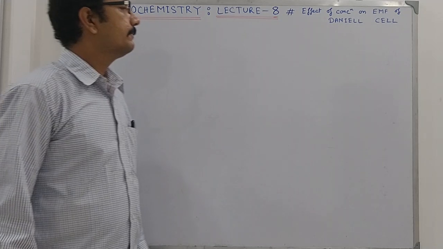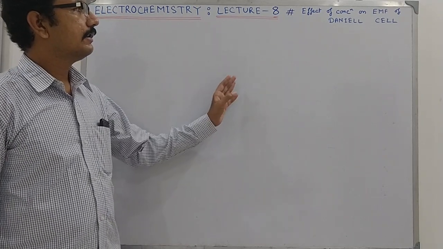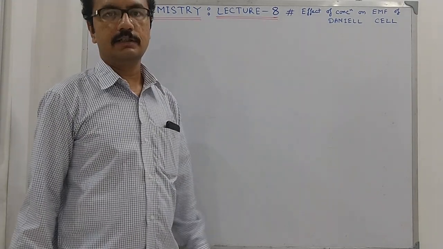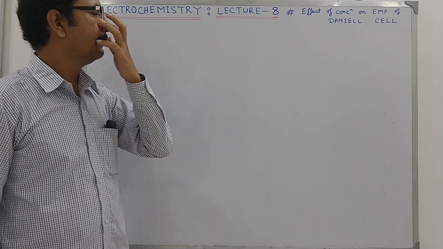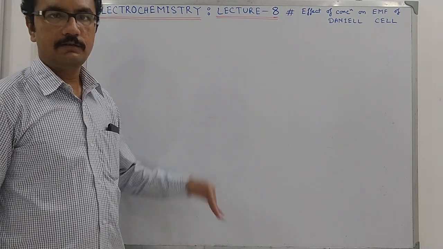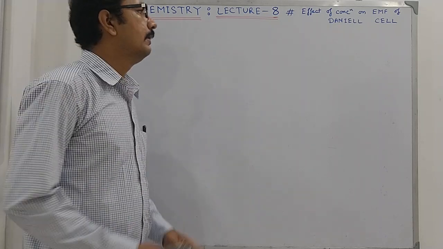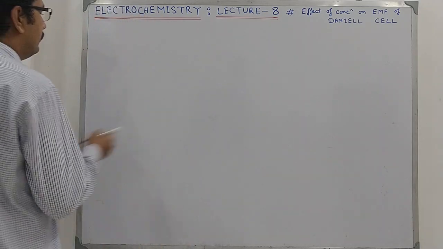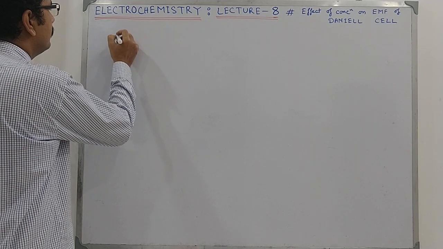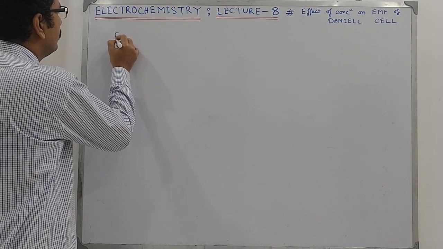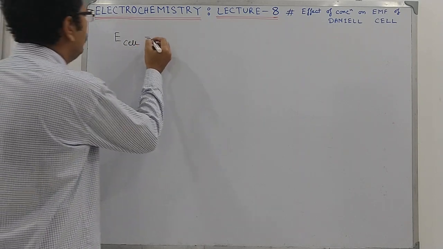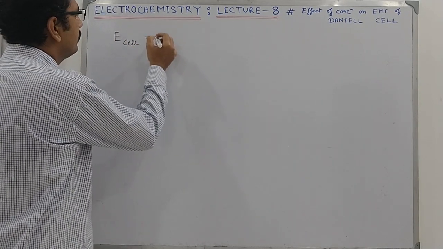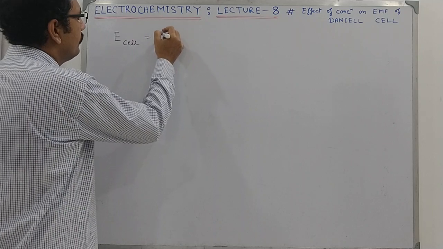Now in this lecture I will discuss the effect of concentration of the reacting species in a Daniell cell on its EMF. In the previous lecture I discussed how we get the EMF of the Daniell cell, and using the Nernst equation we obtained